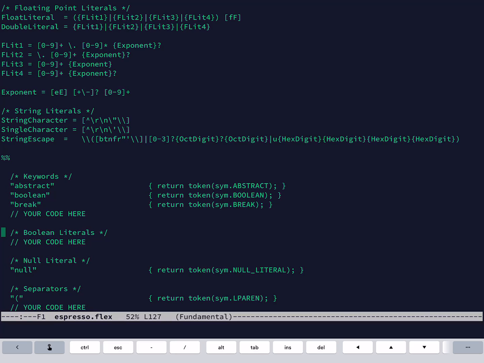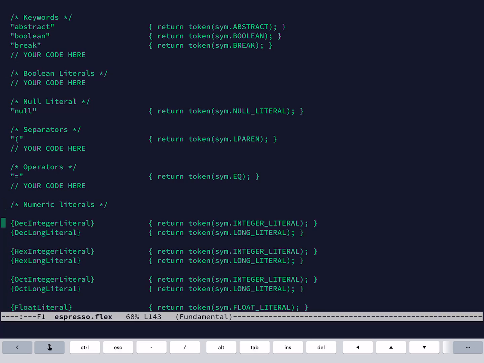And then here's the part where you have to do some work. I put in your code here, all the places where you have to do some work. And I started out here with abstract, boolean, break, null, open bracket, or left paren. And then I've actually done all these weird ones down here, the numeric literals.